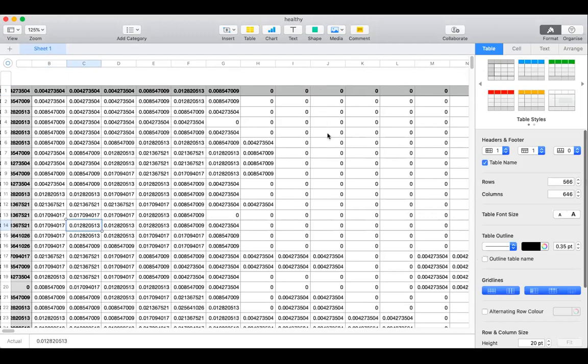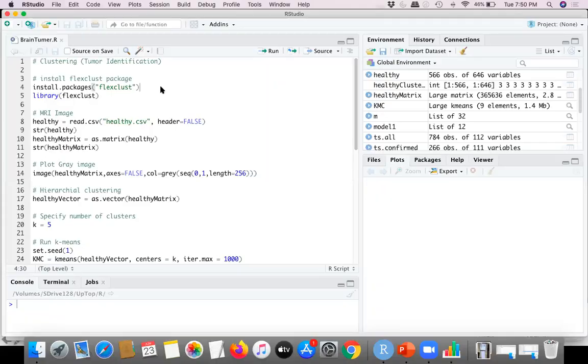So let's jump to R Studio. R Studio is open. First of all, we need to install a package, which is flexclust. I already installed it, so I'm not going to install it again now, but it takes just a couple of seconds.